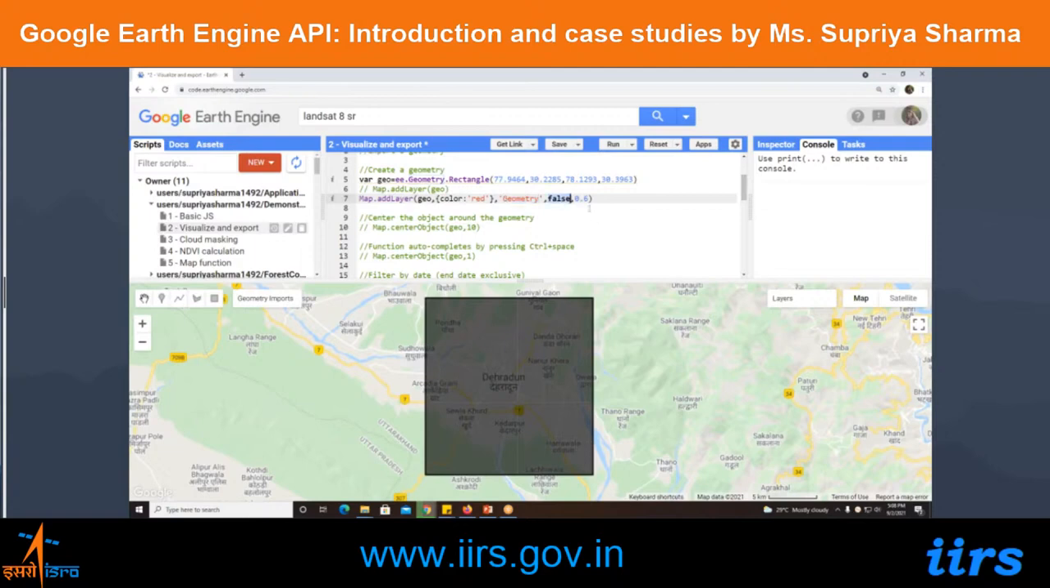False means that the layer will not be added by default. We will have to tick it from this checkbox in order to display it. 0.6 is the opacity of the layer. We will see this when we add the layer to the map. Now if I click on run,